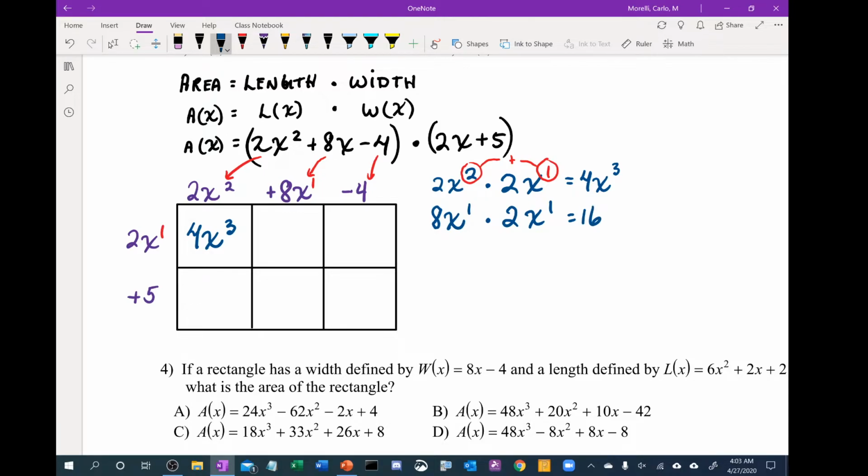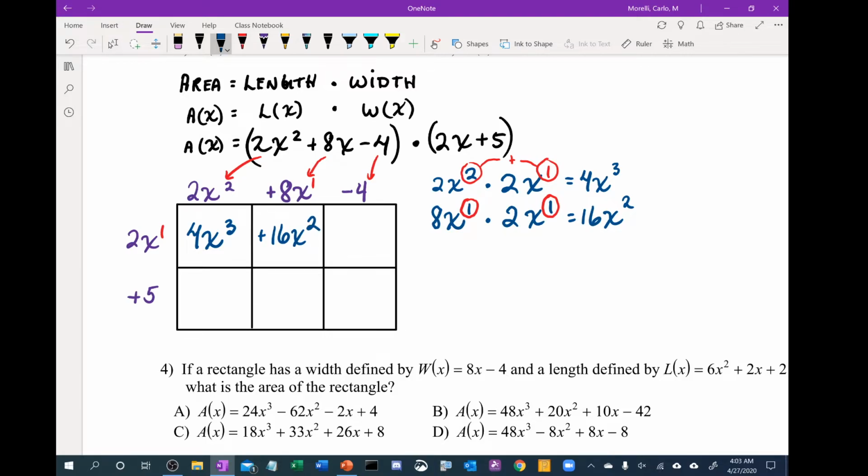And now we got to figure out the x part. So remember, you have the same base, so you just add the exponents. Easiest math problem in the world, ladies and gentlemen. Ready? What is 1 plus 1? 1 plus 1 is 2. So 8x to the first times 2x to the first is 16x to the 1 plus 1, or 16x squared. And that's a positive 16x squared, so we're going to put that right here, plus